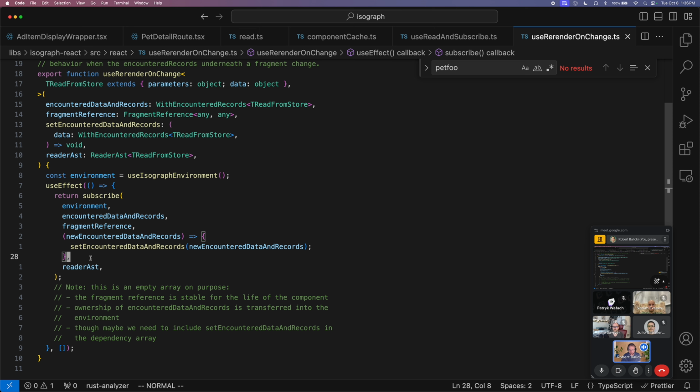Read out the data for a Reader AST. Yes, that's doable in every language. So I want this to be something you can use with multiple languages. And that would also be really nice because